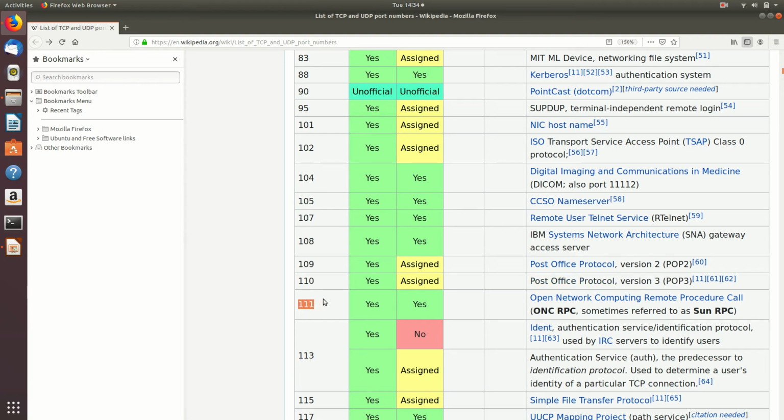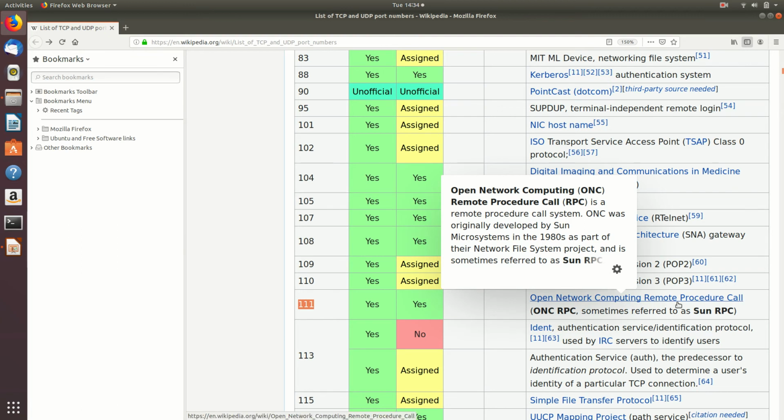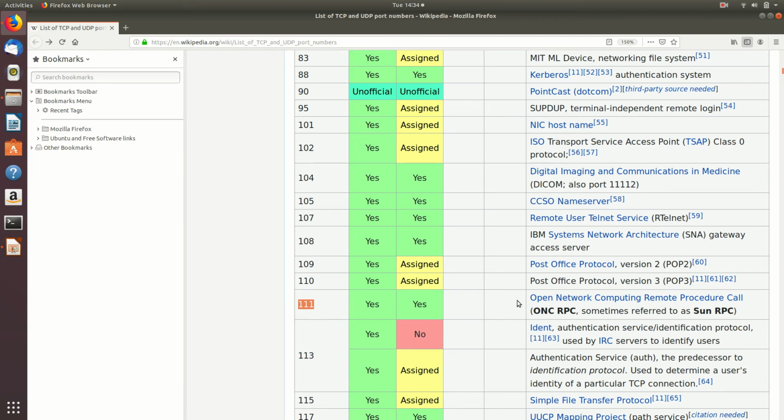Now 111, so that is again used by the Sun RPC protocol, the remote procedure call, right? Open network computing remote procedure call. Again I discussed with that UDP. So this is another application of UDP. UDP is preferred, but same way we have the RPC protocol that is running in TCP also.